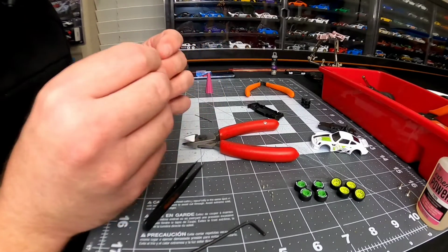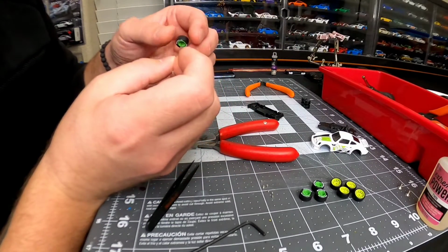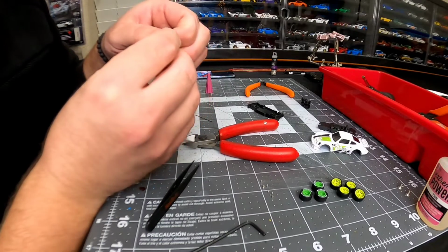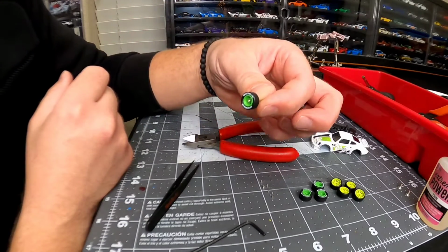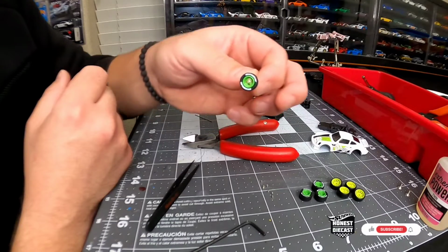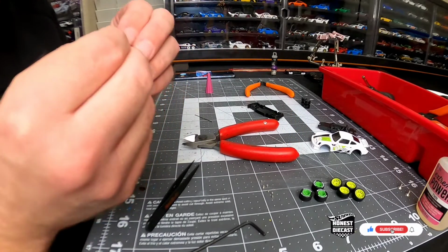Not much to it. Okay, so here's where we test how the beaded axle will look on this wheel. We'll see how much it sticks out. Hopefully it doesn't stick out too much. And that's not terrible. That gives it that center cap look. So it's not too bad. Let's check the